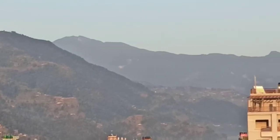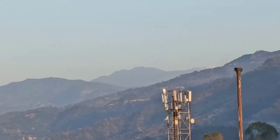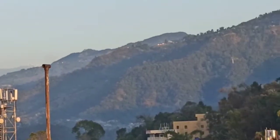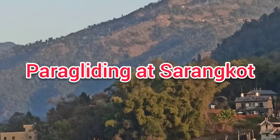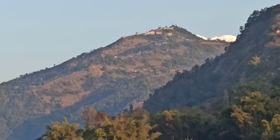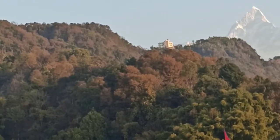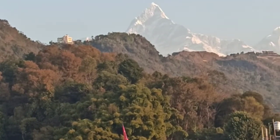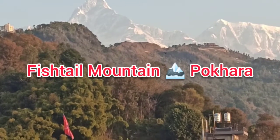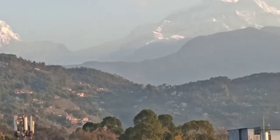and next to the surrounding, in this area of the mountain known as Sarangkot, where people go for paragliding, and you can see back there is a mountain which is snow-capped, and look at the surrounding here. It's all Himalayan Annapurna range, which you can see. It's all a snow-capped mountain,